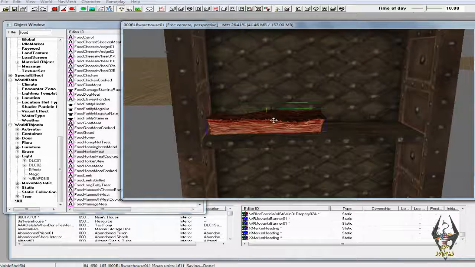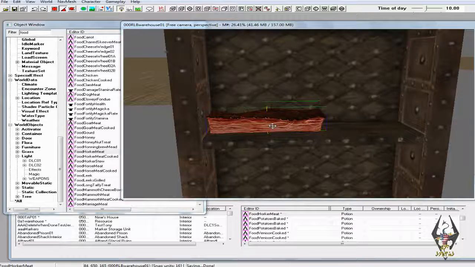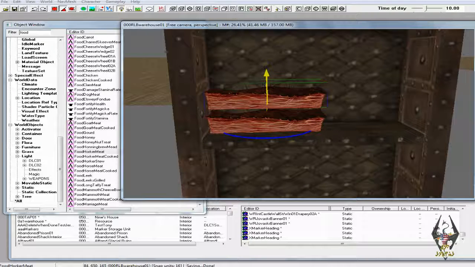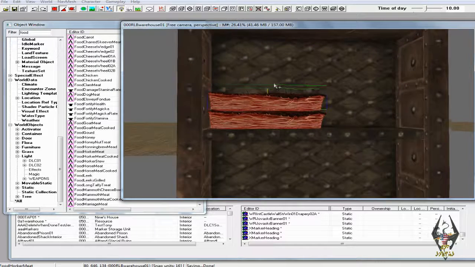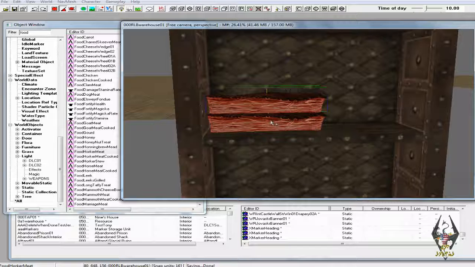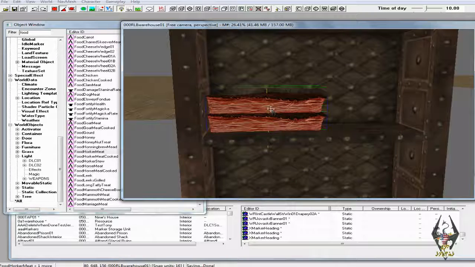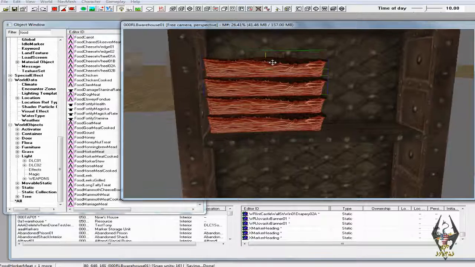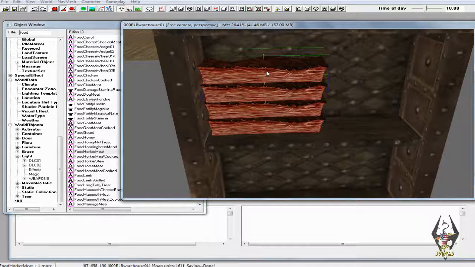I'm going to pull that up, slide that down, and set that as don't havoc settle right now, and then I'm going to duplicate it, and move one up. I'm going to set it down because it'll set down right on top. Now I can go ahead and duplicate those and just move them up, set them down just like that. I'm going to grab a hold of one of them, duplicate it,